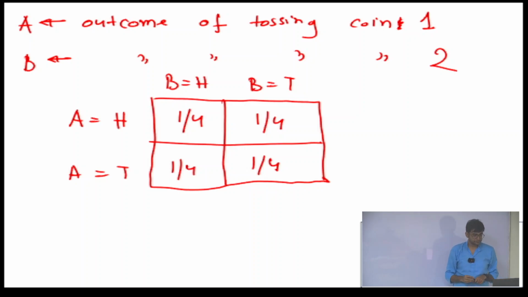Okay. The other thing I want to discuss is the conditional probability, and then I will go to the probability rules. Conditional probability is the probability of an event given you have already observed the outcome of the second event. So, conditional probability is